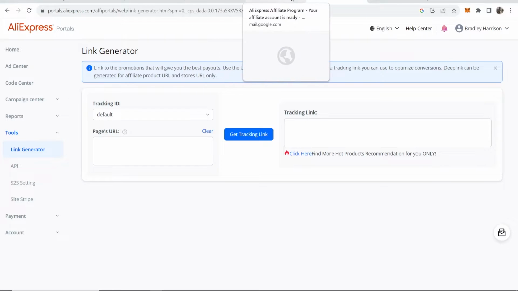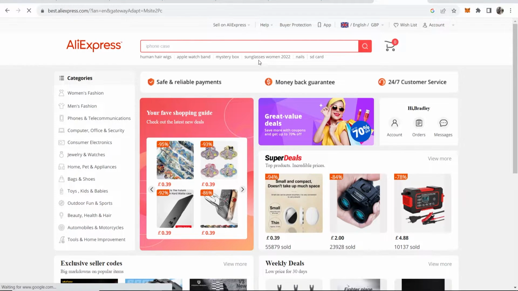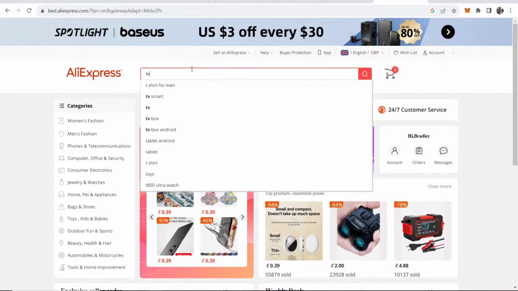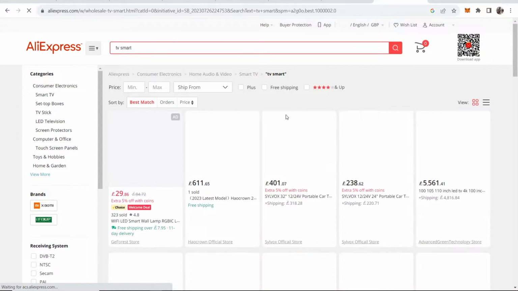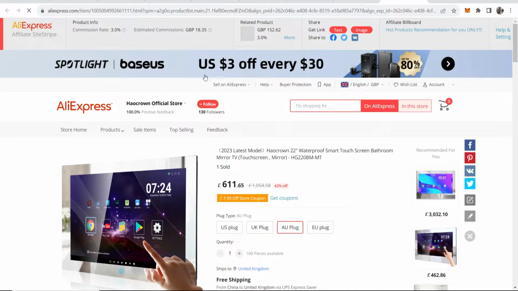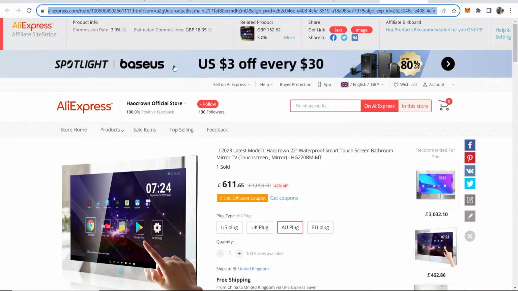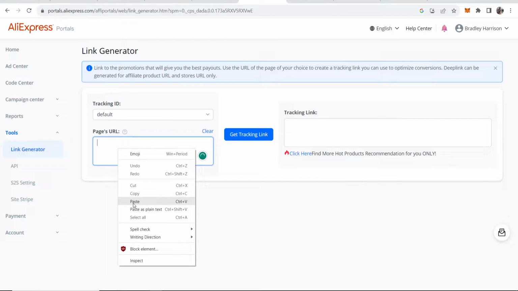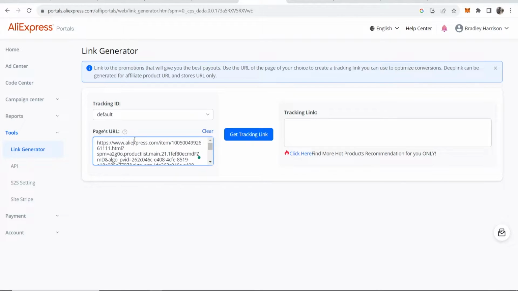So you'll have to open a new tab for this. So here I am on AliExpress. Now let's say I want to promote, for example, a smart TV. So I could type in whatever product I'm looking for, find that product, and click on it. And then once I'm on the product page, I can copy this URL at the top, head over to the AliExpress affiliate portal, paste this URL in this box here, get tracking link,